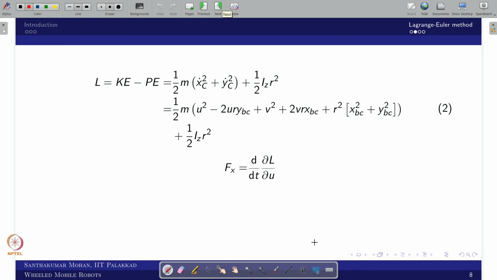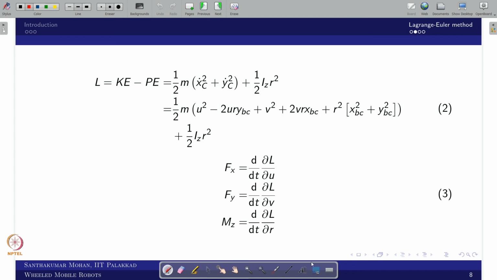This is what I am trying to do. First I am trying to take Fx. Since dou L by dou integration of u is not there. Why is it not there? Because we are seeing everything in the body frame. When we see it with the inertial frame, that is what we will cover in lecture 12. Then everything will come. Right now, we are taking everything with respect to the body frame. Why is it so? Because the wheels are attached to the body, right. That is why we take it directly as Fx with respect to the body. Now this is the equation. Similarly, Fy and Mz you can get.